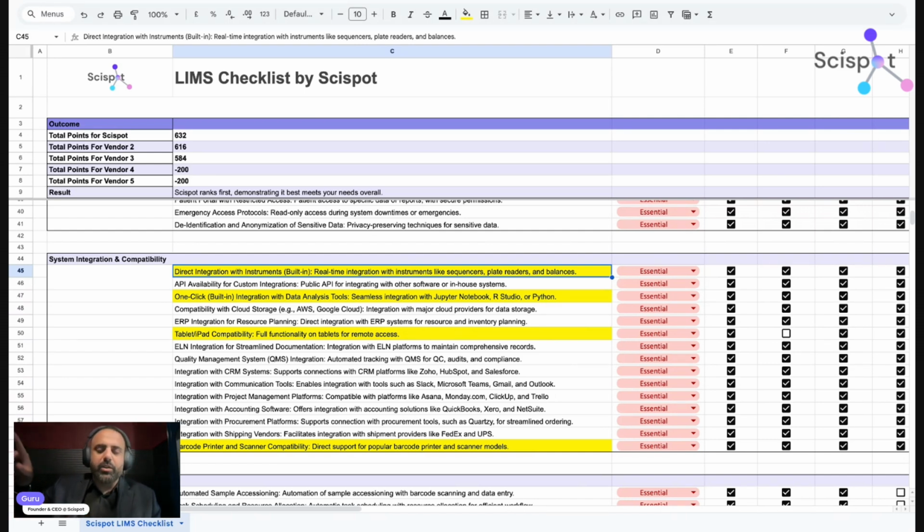In between, there's some electronic signature process, and they're scaling really fast. And then we have many such examples in Canada, in the US, in Japan, and other parts of the world. So I would highly recommend, when you evaluate LIMS,